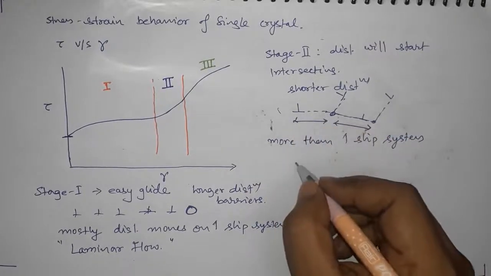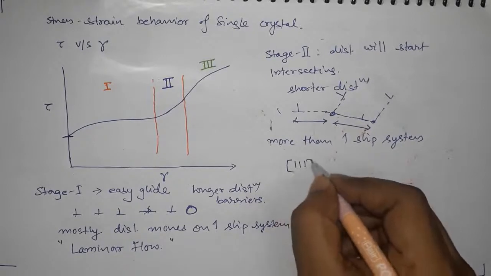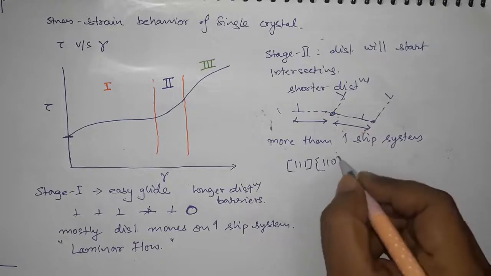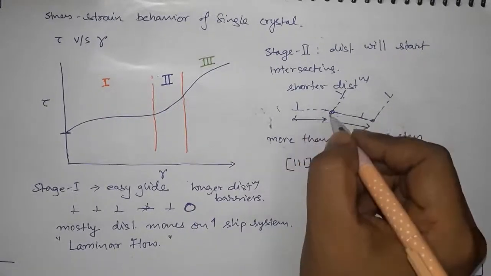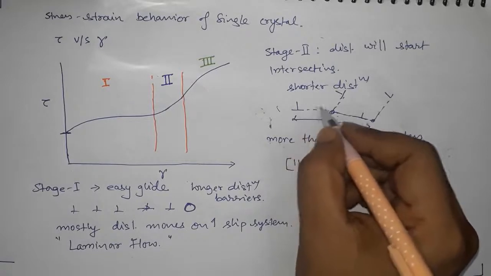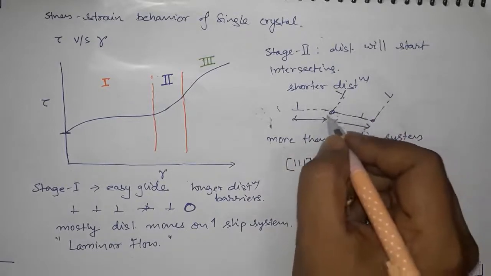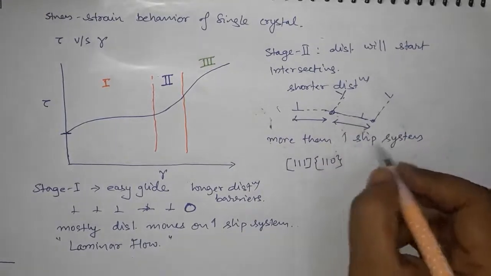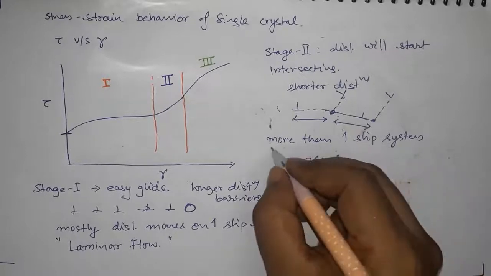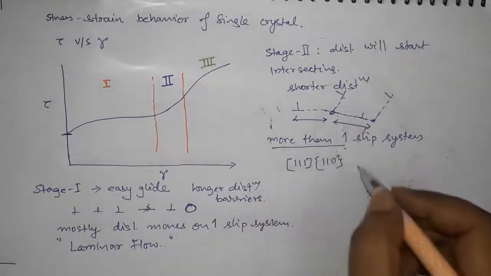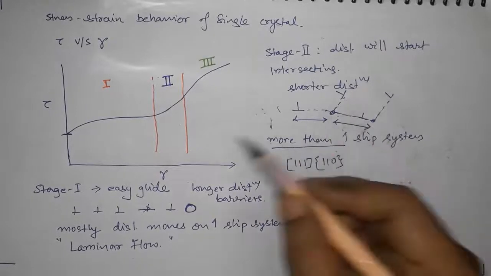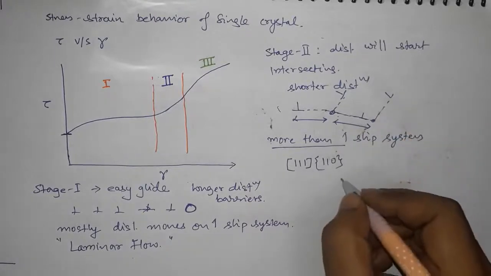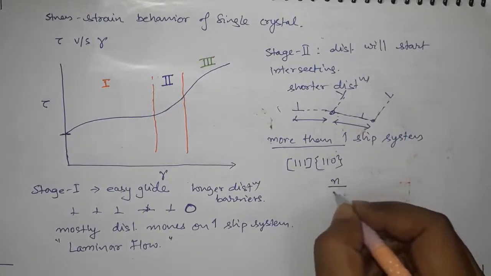Otherwise, if you have only one plane, along one zero direction, then it is less likely that two 111 planes will be intersecting with each other and blocking each other. That is highly unlikely if you have only one slip system. So obviously you have more than one slip system, it's not a laminar flow, you will have dislocation intersection, and you will have barriers. Okay, so stage 2 usually is, if you take the strain hardening coefficient divided by shear